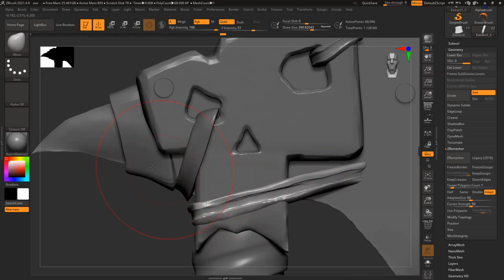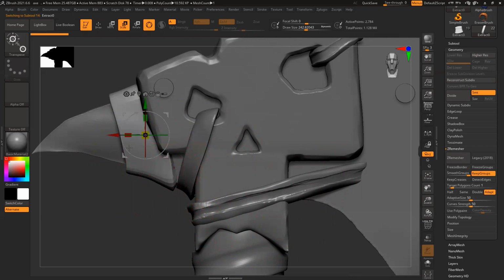There's slightly distance between these two. Alt, and you can rotate the pivot point like this and make it thin also. This is like way too wide. Make this also a little thin.